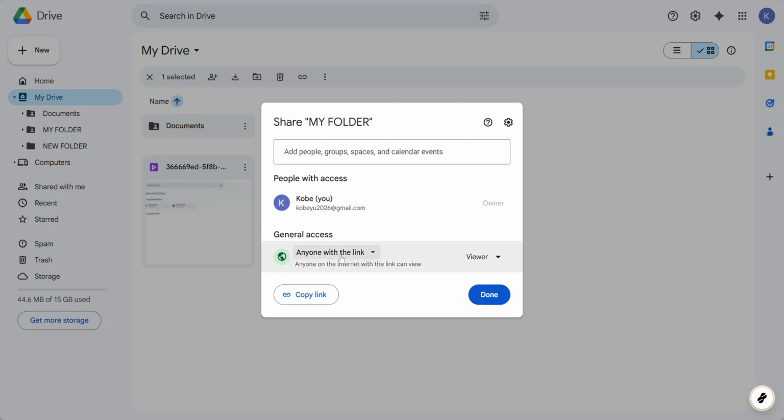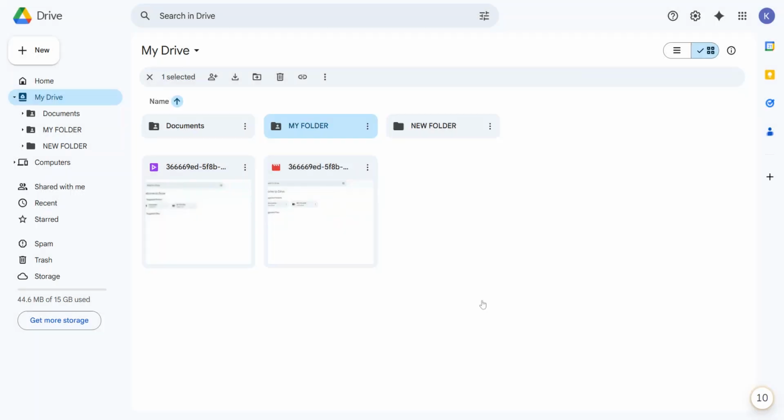If you see a label indicating a different organization or external domain, that means the item has been shared outside your organization. You may also notice a general access section in the same panel. This indicates whether the item is restricted or accessible to anyone with the link. While we're focusing on viewing access today, it's useful to know where link-based access appears so you can